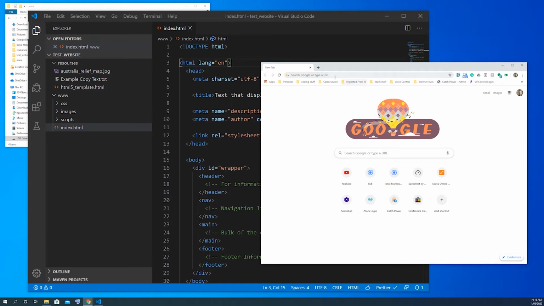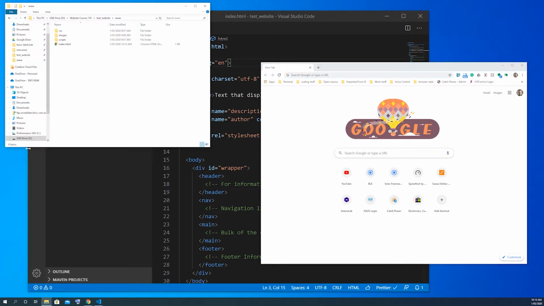Okay, so you can just open up a web browser, type in the web address or the file location of your web page. So in my case, it's in my D drive,